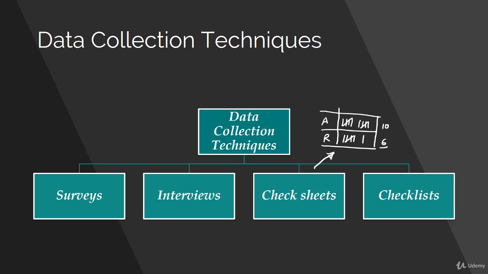On the other hand, a checklist is a reminder. A checklist tells you what all you need to check, what all you need to do. So that's another way to collect data. In a checklist, you can put notes against that. So your checklist would say, check the length of this particular piece. Against that, you can put that, okay, the length was checked or this much length was found, whatever way your